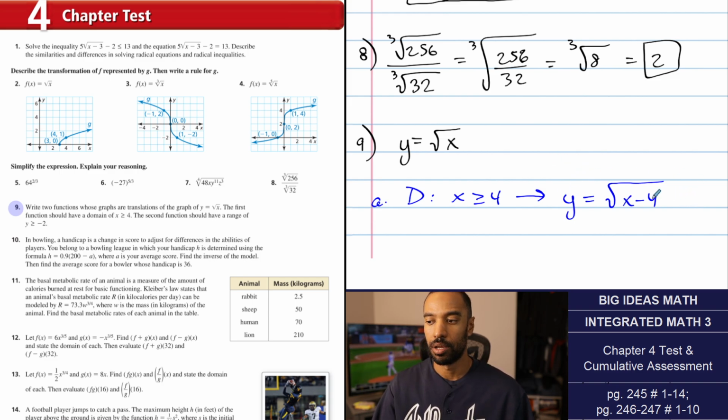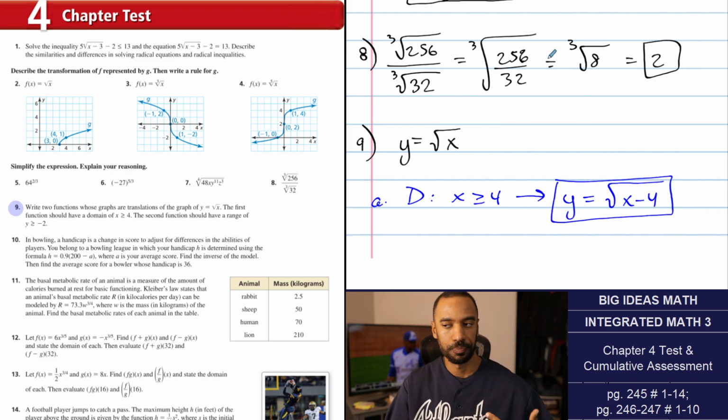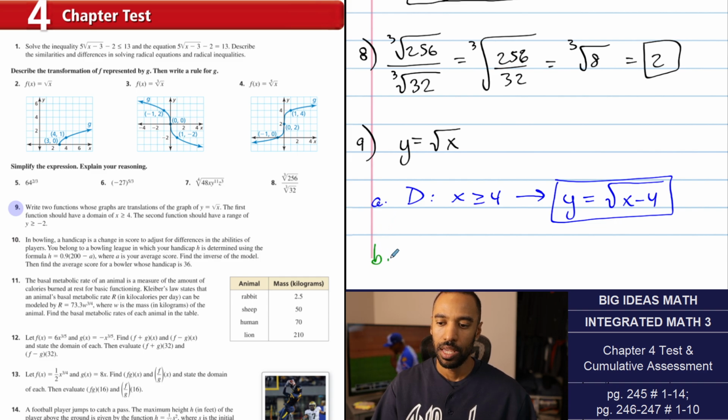You could do minus 1. You could do nothing, right? You could leave it like that and it's good. This graph goes to the right. There's your domain. Second one, the range needs to be y is greater than or equal to negative 2, which